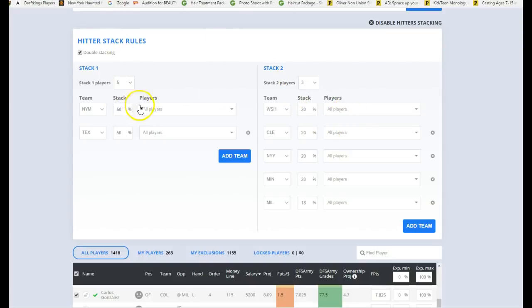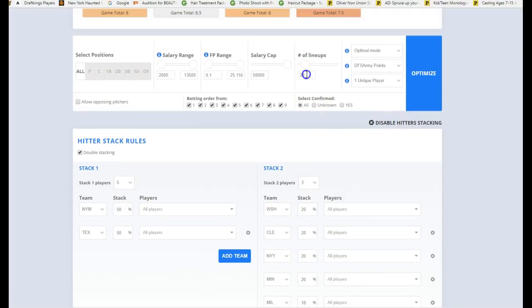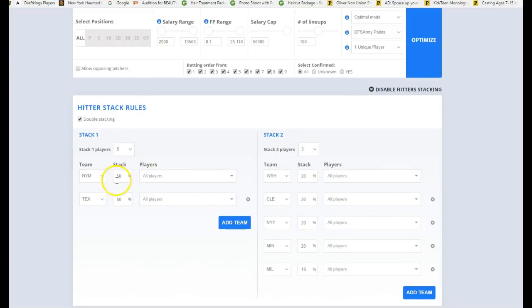Now here's a very important thing to note. The way our stack system is set up, the stack 1 team is in essence the primary stack. So the Mets and the Rangers are the primary stack. The stack 2 teams are the secondary stack. What that means in terms that you'll understand is what the tool is going to attempt to do here, if I click stack, is it's going to try to, well, let's say we're making, let's call it 100 lineups. 50 of them will be stacked with the Mets, 50 of them will be stacked with the Rangers,